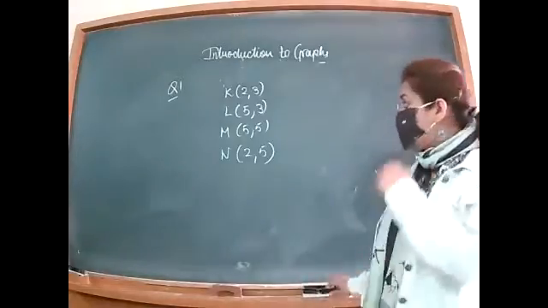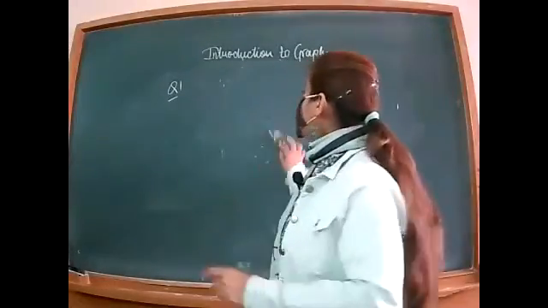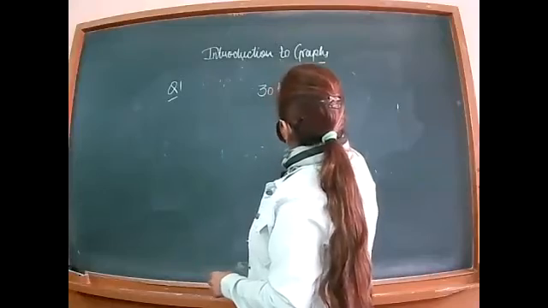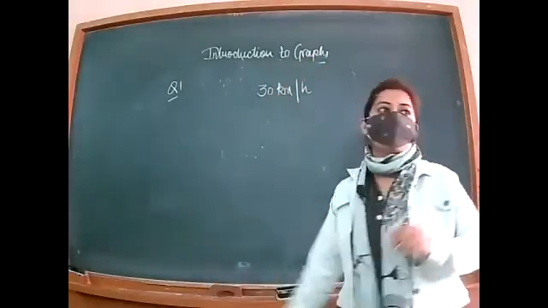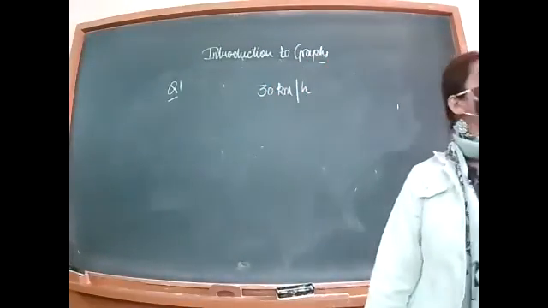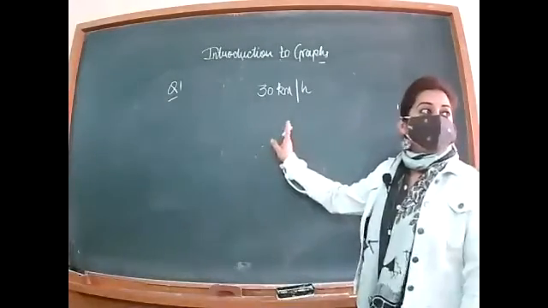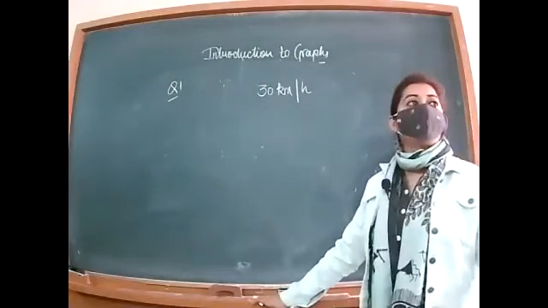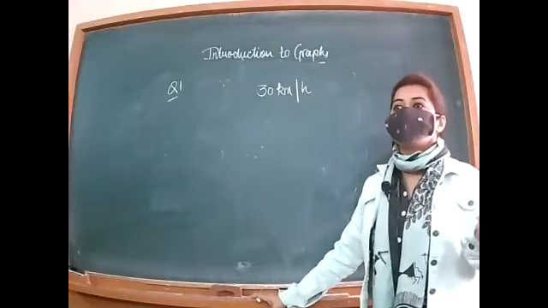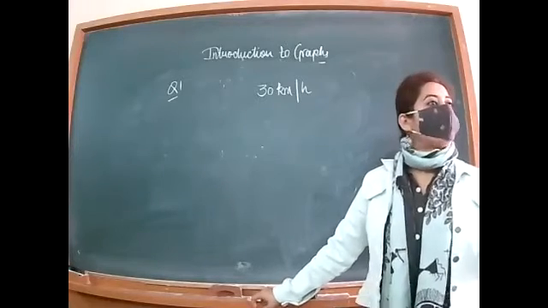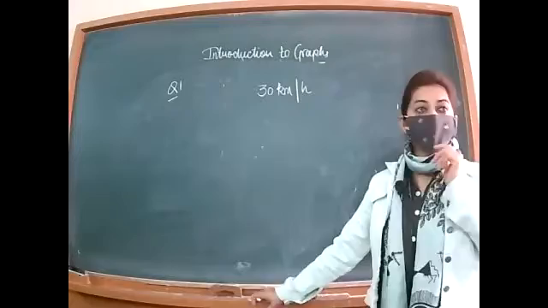Write down the next question. A person is riding a bicycle at a speed of 30 km/h. The question is to draw the graph for this, and you have to answer 2 more parts of this. If this question comes in the exam, then one more addition to the question can be there like this: write the equation or write the expression.